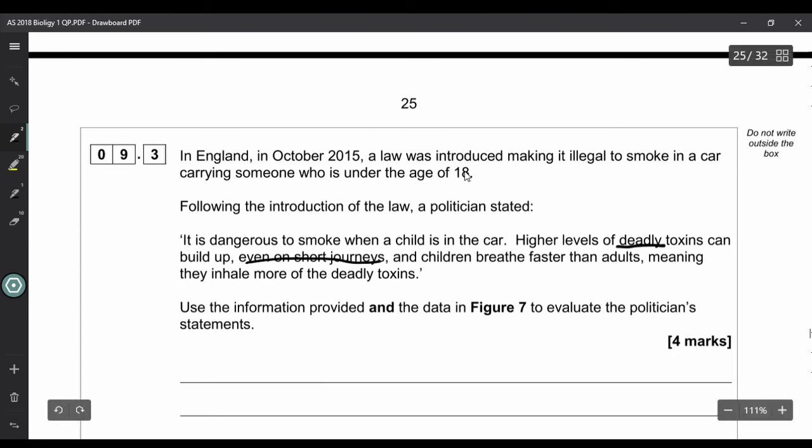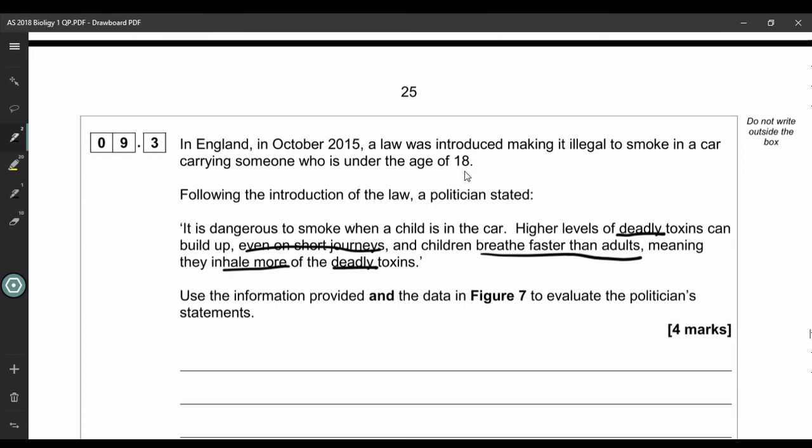So even on short journeys, and children breathe faster than adults, meaning that they inhale more of the deadly toxins. Use the information provided and the data in figure 7 to evaluate this politician's statement. Okay, now